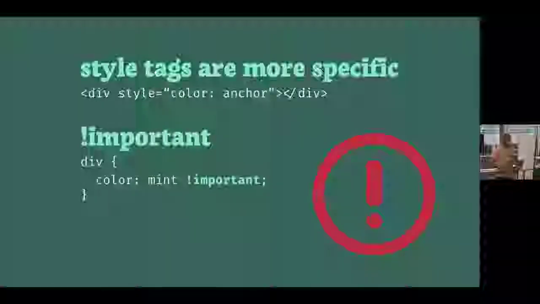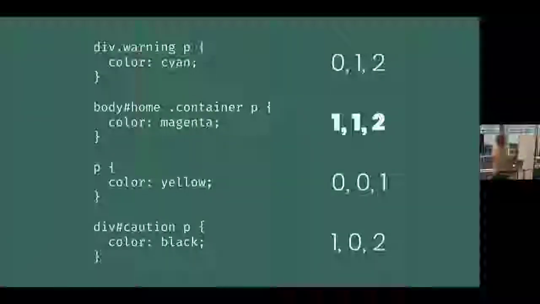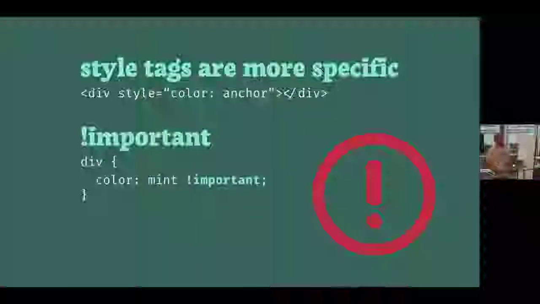Kind of contrived example. Okay, so this is really important because this helps us apply things, but there's more things we have to think about with specificity. Style tags, like I said this morning, we avoid those in a lot of cases. They are the most specific, because they're right on that element. So those rules that I just taught you are sort of irrelevant if I apply a style like this. Anything that matches, this will overwrite it. So here we go, even more specific, style tag. And then we have a situation where we can actually mark things as important. And important will break all those rules and take precedence over everything else. How does that sound?